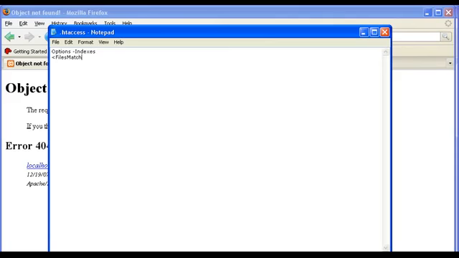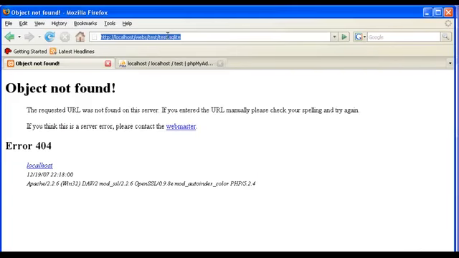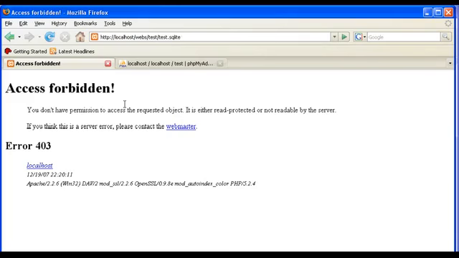FilesMatch, one word, with a large M, space, quotation mark, backslash, dot, open parentheses, SQLite, and then close parentheses, and then dollar, and then quotation, end tag there and then say deny from all and then close the tag, FilesMatch. There we go. So save with Control S, and now let's clear the cache just to make sure this works. So a new hacker comes and tries to download test SQLite, and it says you don't have permission to access